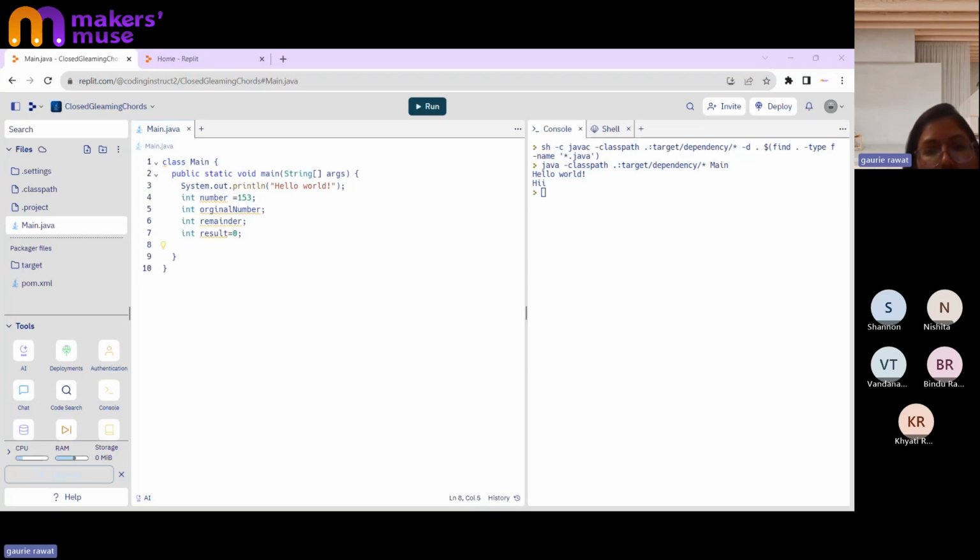Now I want to get the last digit. For that I need to divide my original number by 10 and get the remainder. In order to get the remainder, I have this modulus symbol. That's quite easy. So I write that my remainder is equal to